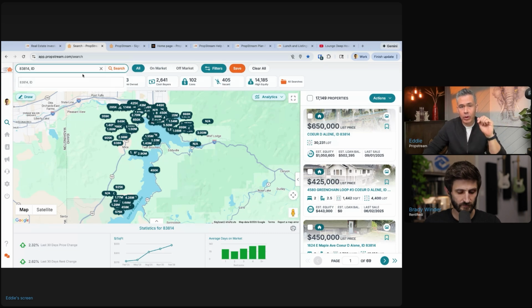So what we've done so far is we've typed in the zip code, and we're in Idaho now. And in the top right here, you're going to see this number, 17,149 properties. That's the totality of the properties inside of that zip code. Okay. Now, there's no other filters being created. You can also draw a shape on the map. So if